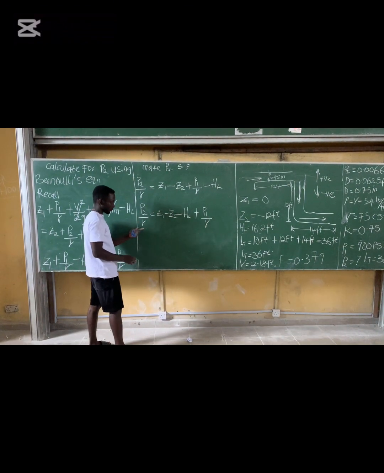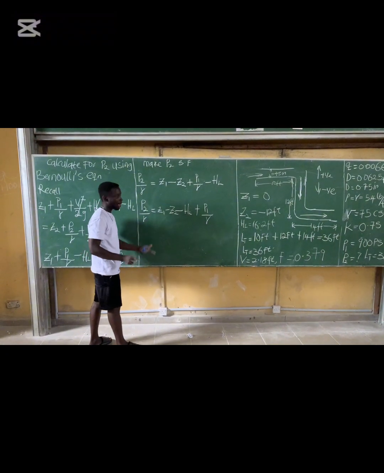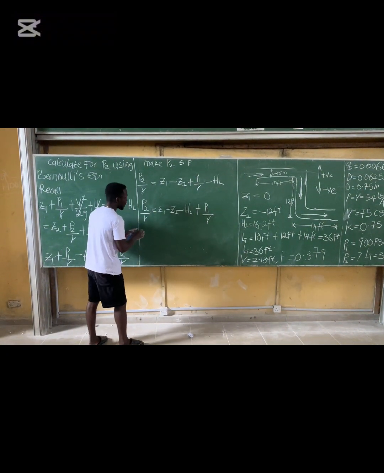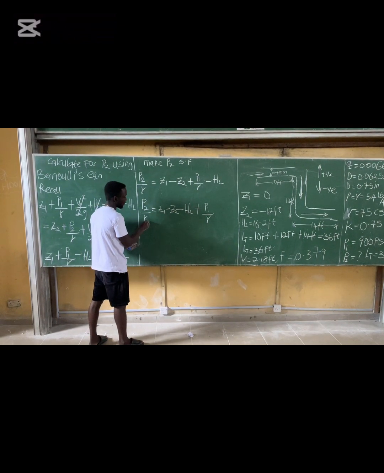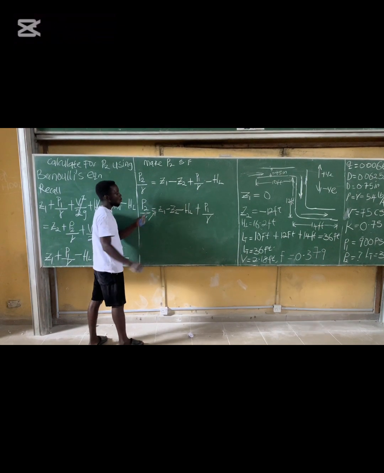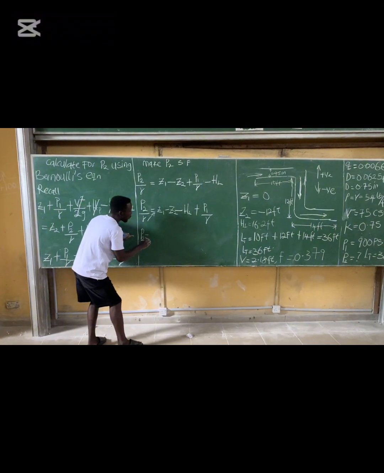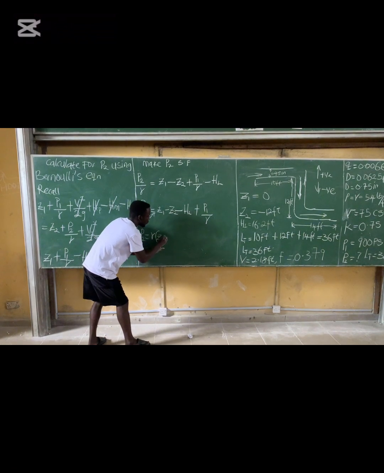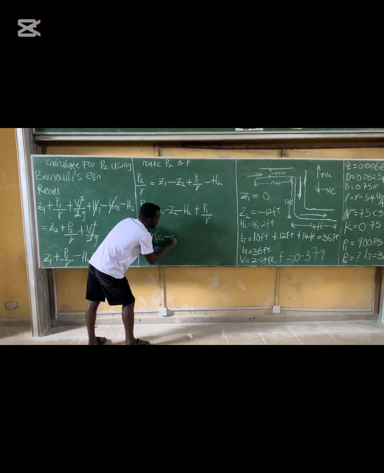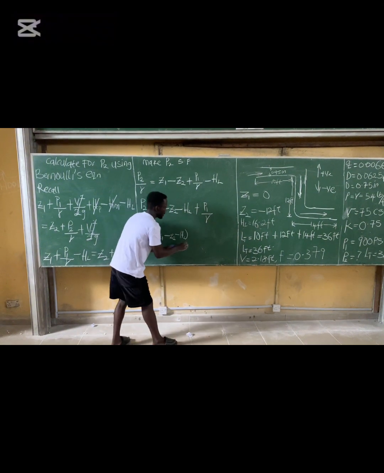Now we are interested in making P2 the subject of the formula. So therefore, multiply through by specific weight, so that our P2 here will be equal to specific weight into Z1 minus Z2 minus head loss, then